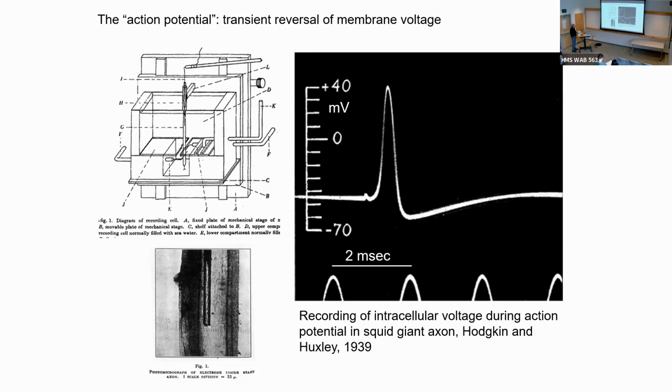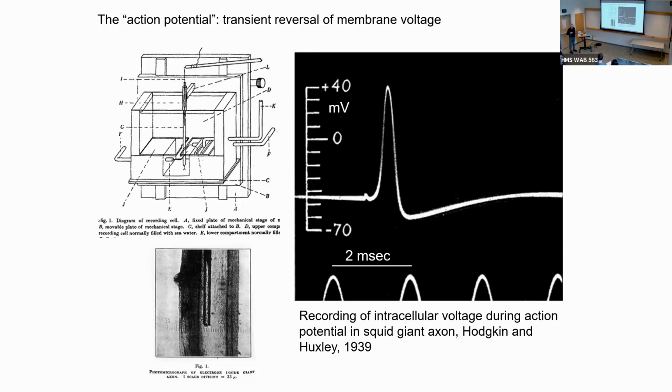electrophysiology. And so what they did was to dissect out the axon, hang it so it was straight, and then put a fine pipette down the axis of the axon, far enough away from where the axon was cut that the voltage was no longer affected by the cut part. And when they did that, as they expected, they saw that the inside of the cell was negative. And then if they put an electric shock on part of the axon and did the recording, the surprise was that the voltage actually went positive.